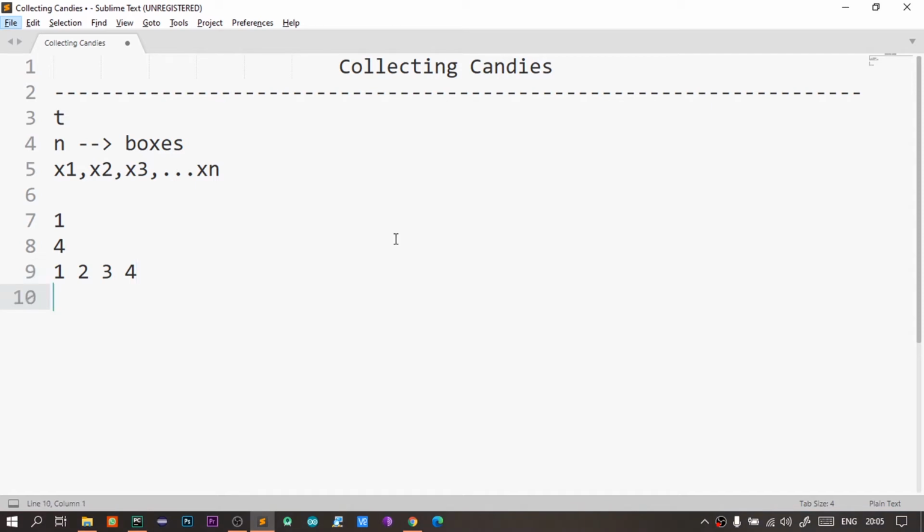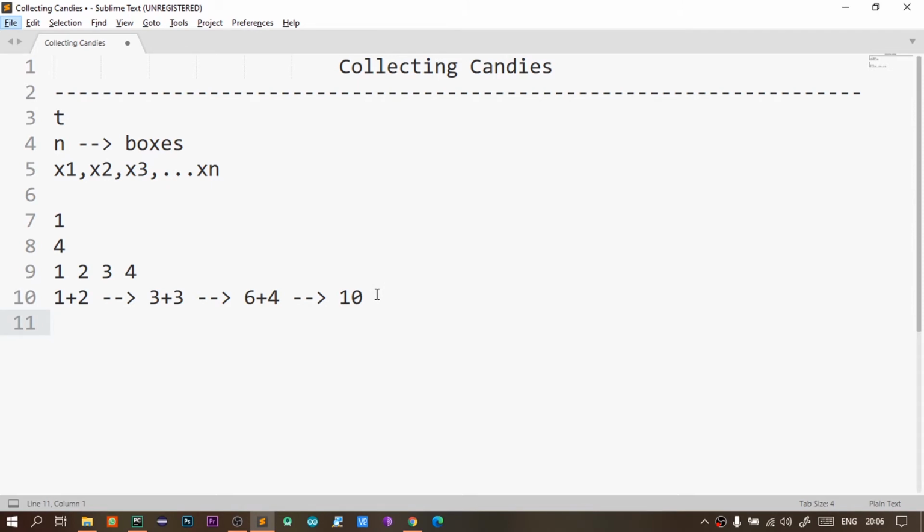The procedure is like this. If you have two boxes, you need to combine two different boxes and put them in one single box. Let's say 1 plus 2 will be stored in one single box, which is 3. And next, this box contains 3 candies and there is another box with 3 candies. So you need to take these two boxes and store them in another single box which contains 6. And then there is another box with 4 candies, and you need to take that 4 candies box and the 6 candies box and put them in one single box. Finally, you are getting one single box with all the candies. In this way, you need to put the candies one by one into a single box.